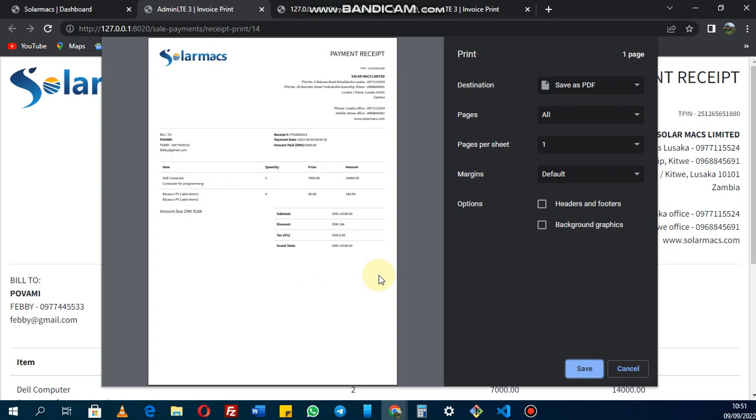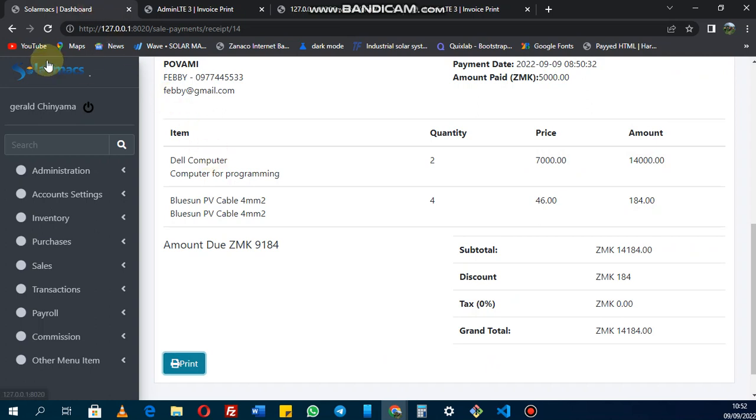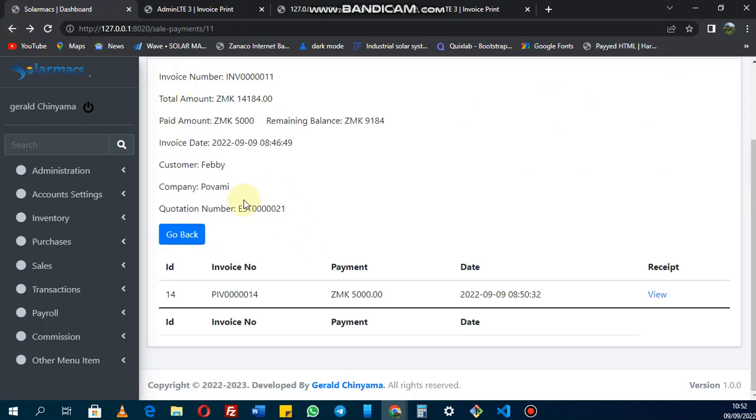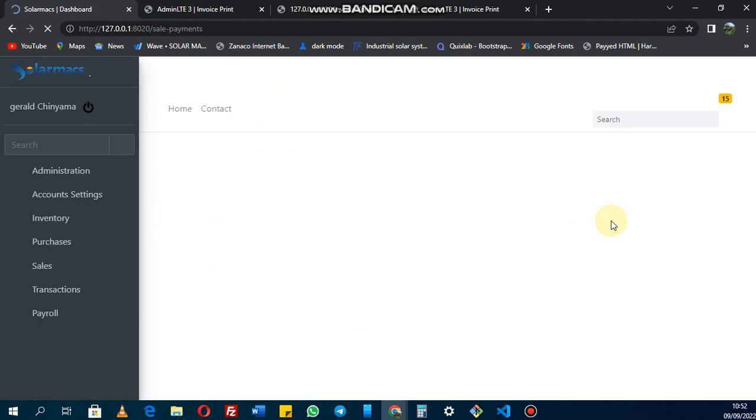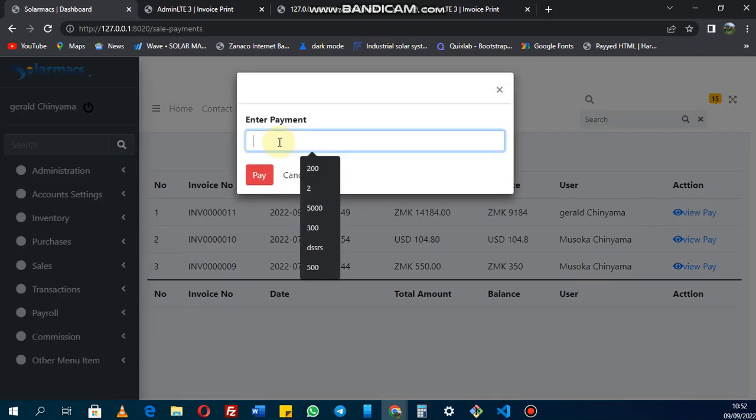If I want, I can print out this receipt like that, and you can hand it over to the client or the customer, so that every time they make a payment, whether through the bank or through our offices, we can give them that receipt to take as proof of payment. So I'll go back, I'll record another payment for this particular customer. So say maybe again, if they pay another 5,000 like that,